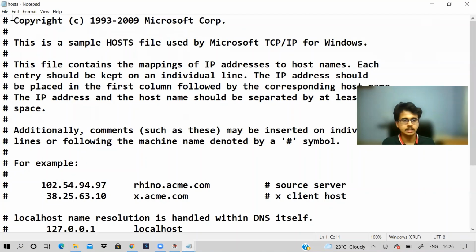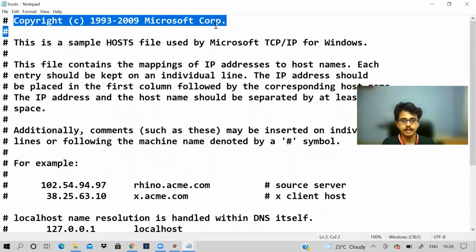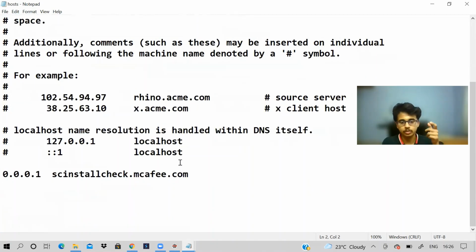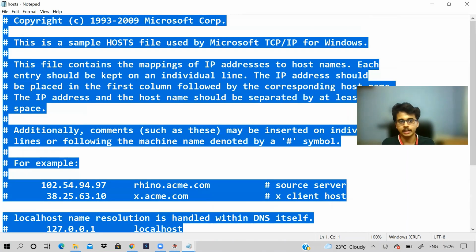See, this is the first line, the copyright line. What we want to do is print whatever line is there back. Actually, from here only. Each line we want to print back so that we get our original file.